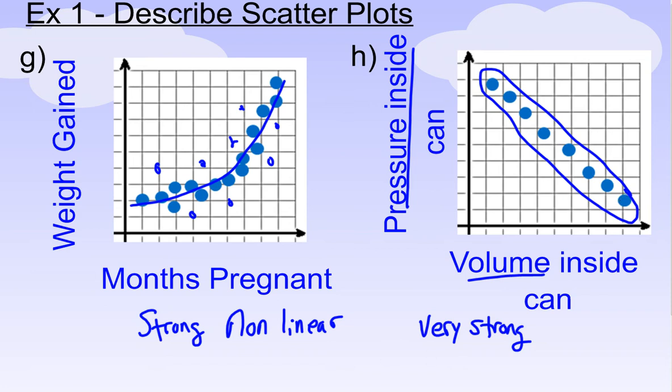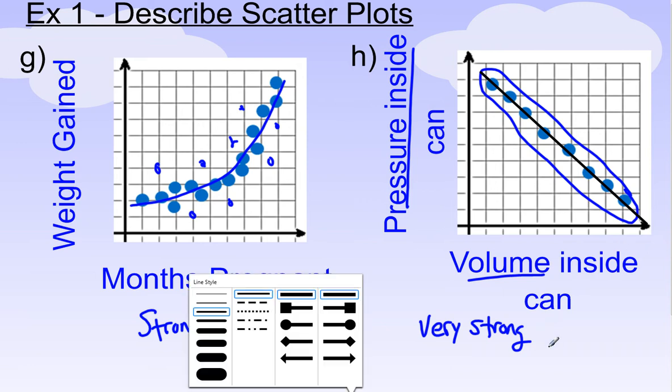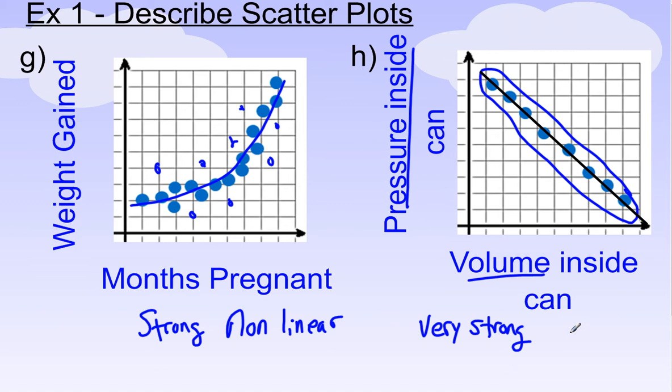If I could draw my line, I'm going to use the line tool to make it perfect here. Those points are almost all in a perfectly straight line. There is a definite relationship between the volume and pressure. So I'm going to say this is definitely linear,